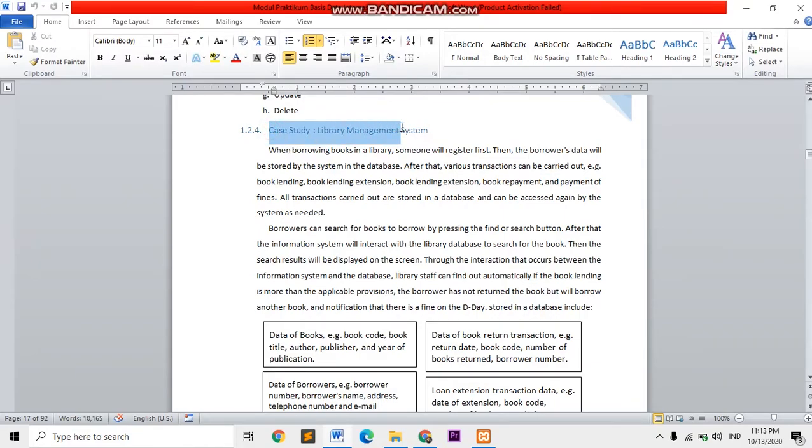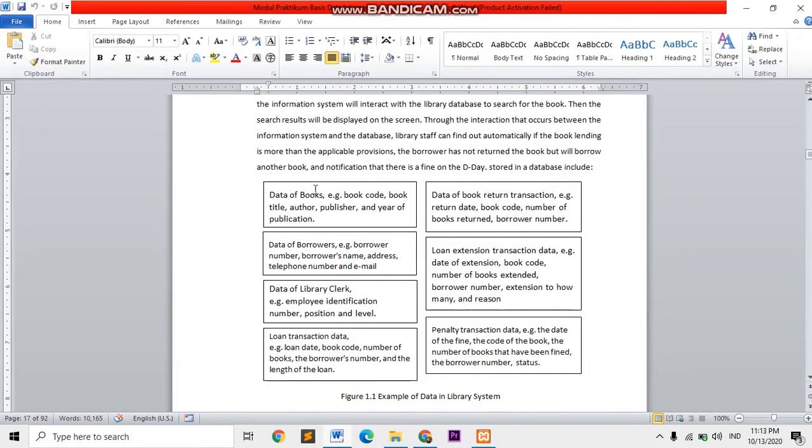When borrowing a book in the library, someone will register first, then the borrower's data will be stored by the system in the database. After that, various transactions can be carried out. In here there are many entities, but because the time is not enough, I just make three entities: data of books, data of borrowers, and loan transaction data.